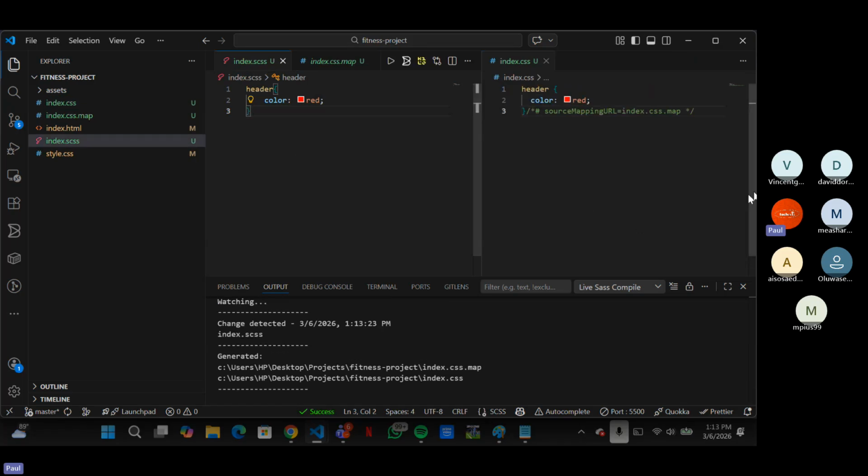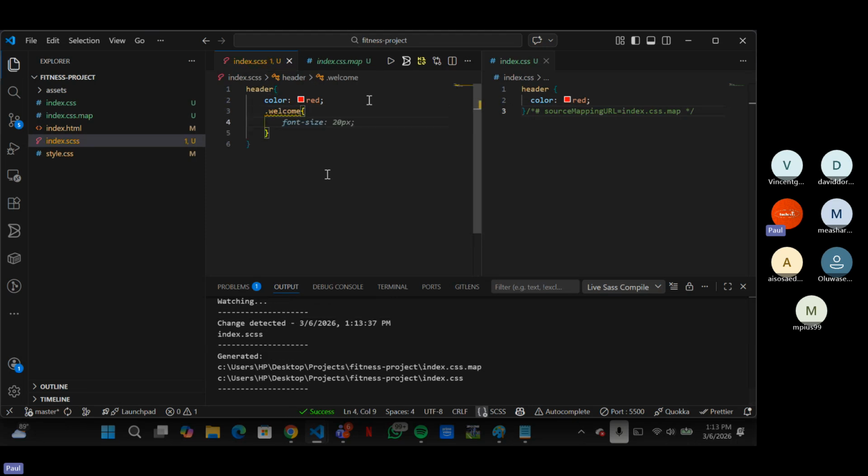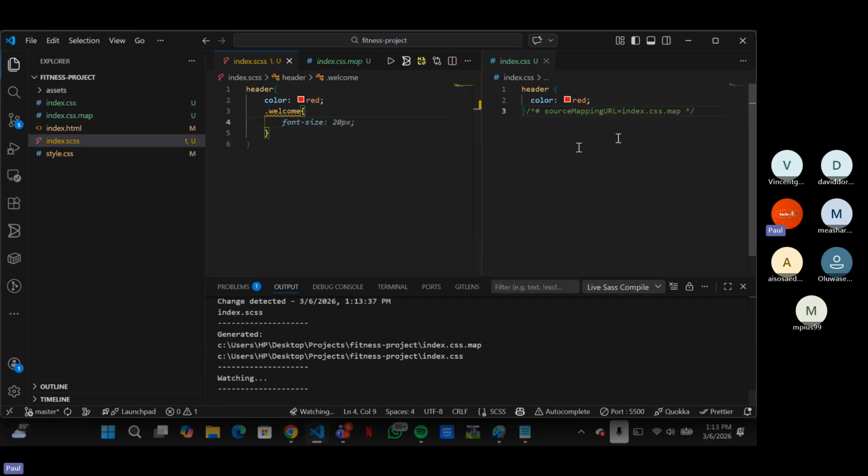Now, can you see it now? So it is now automatically compiling. So now, if I go ahead and say, let's say .welcome. Now I want you to note what happens. Welcome. I want you to note what happens. If I save it up now and you check here, please note what is going to happen in this place. So let's compile it again. Let's say color of